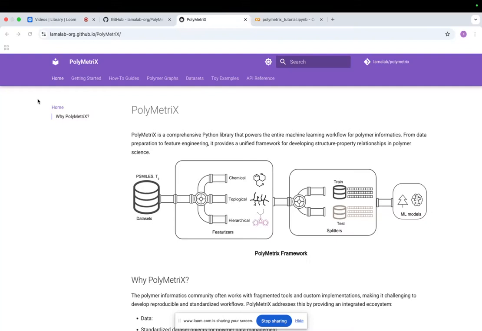I'd like to do a short tutorial on PolyMetriX API. So how to actually use the PolyMetriX API. As you know, PolyMetriX is an open source Python library that covers the entire machine learning workflow for polymer informatics,